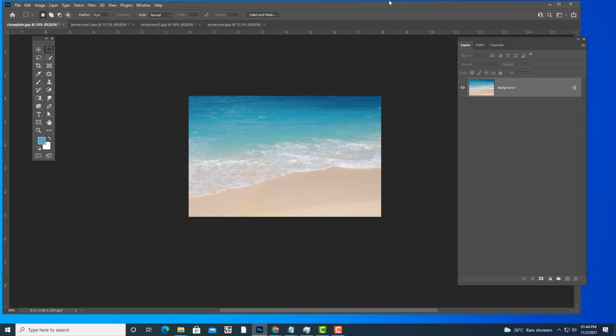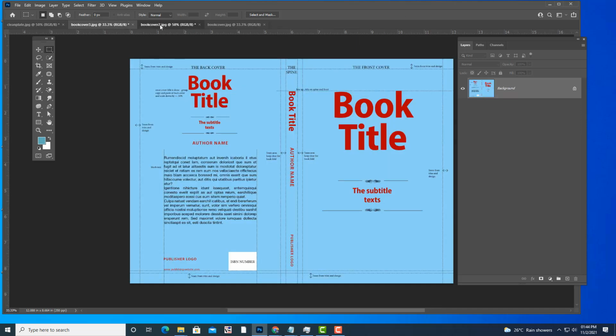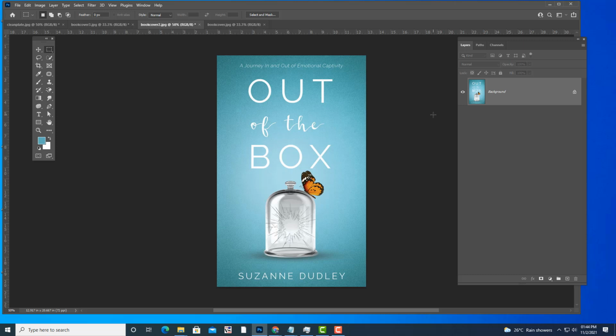And now we will try to use the same technique here. We'll try to remove this "OUT" using content aware. Actually, you can remove up to here, but we may get some problems because of how content aware works.